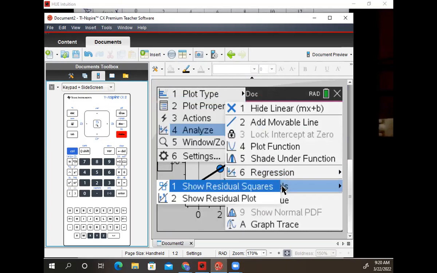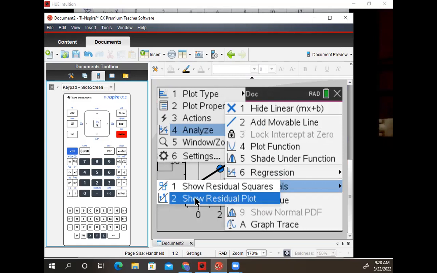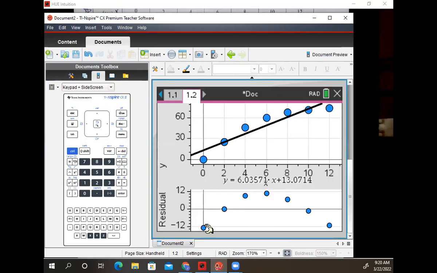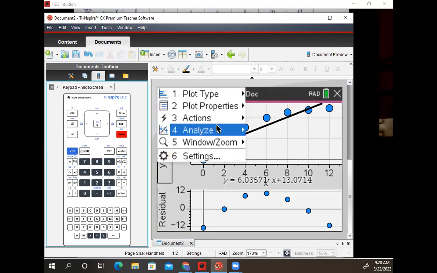Right under that is residuals. There's a couple different options here. I'm going to show you the residual plot since that's what we looked at. Okay, that's down here. This is exactly what we plotted on our own paper. Residuals versus our X values, and we got that same shape. Okay, since I've got a predictable pattern here, that tells me that my linear model is not a good fit. Now let me put that